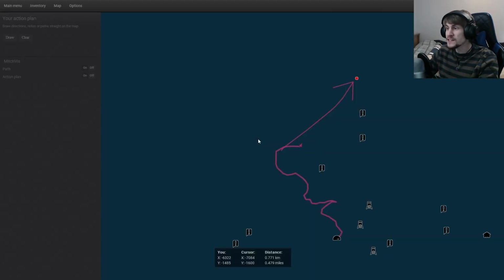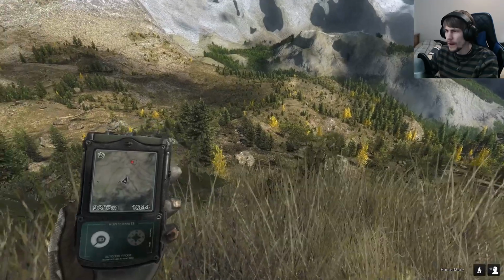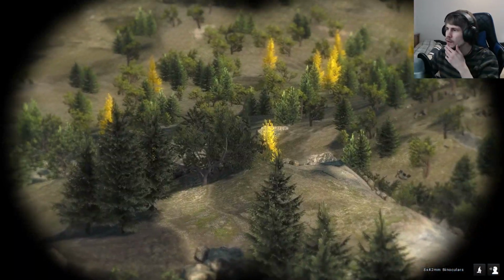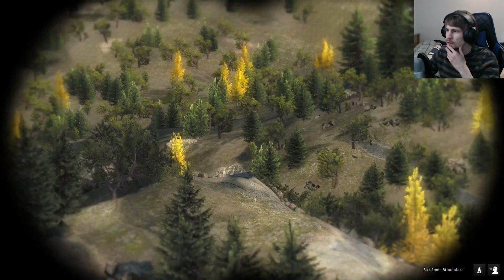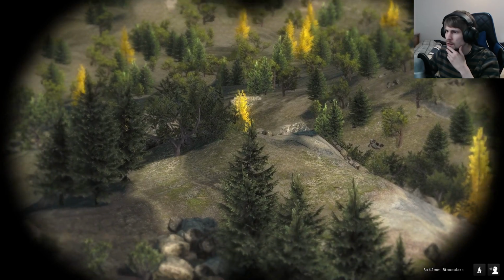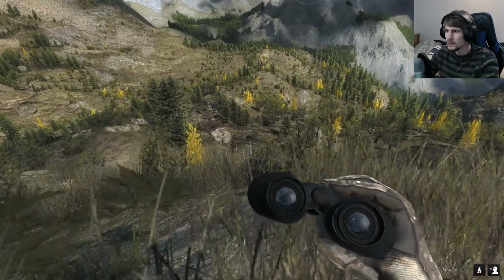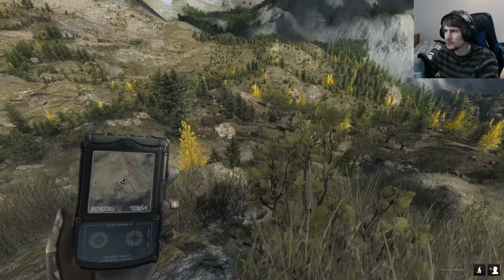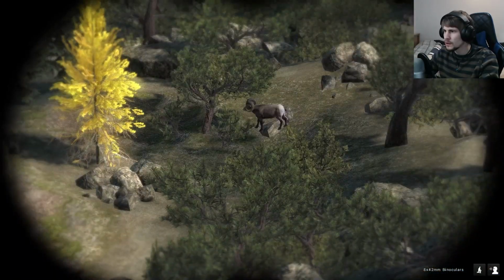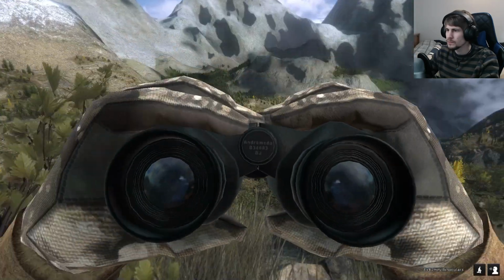Oh, that's also what's up here. Great. I mean, it's nice because I... Oh, actually, holy crap. This might be a great opportunity for trying to get one of them. I just need to see any bit of movement that will give it away. Because, yeah, this actually is a pretty good area to be in for trying to hunt them. Oh. Oh, you...